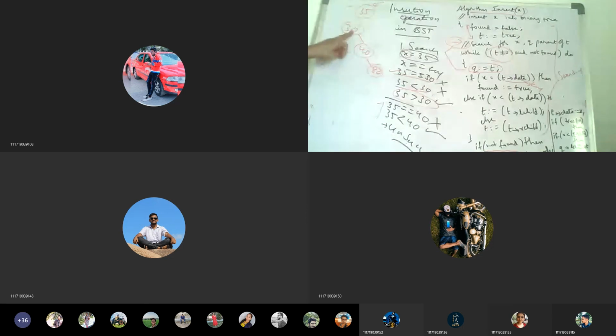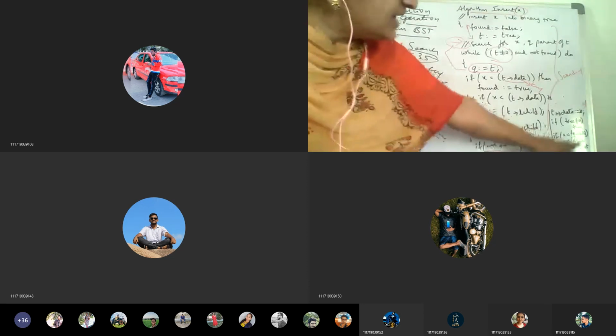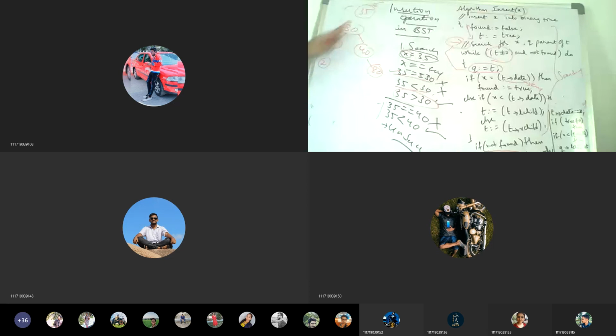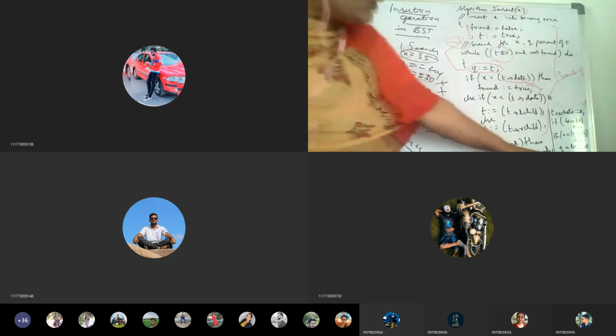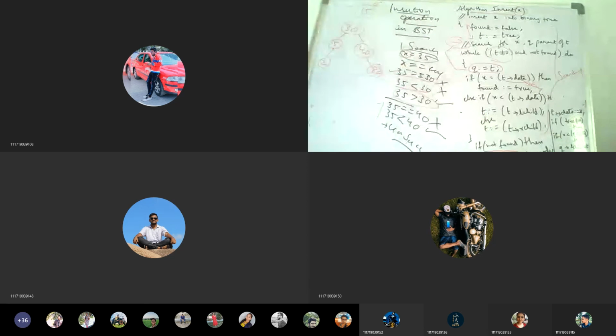So if it is equal to, see, in search we find equal to. Now since the search is unsuccessful, directly we will compare: is 35 less than 30? So that condition will fail. So this condition, if x is less than q data, then if it is less than, it would have been inserted towards the left. But 35, is it less than 30? No, it is false. So then what? In the next part, what you have to check is: 35 greater than 30? Yes. So what you have to do when it is greater, the Q data, it should be whatever it is.